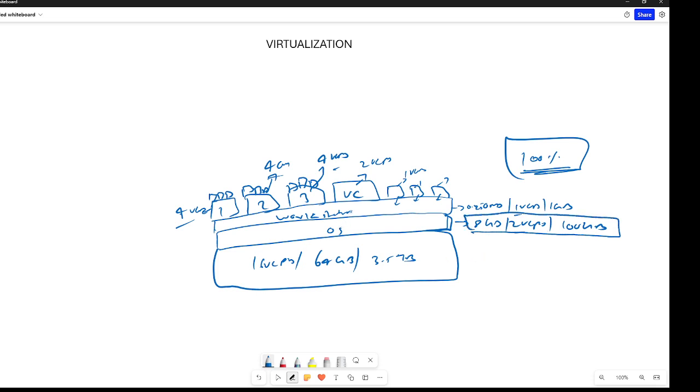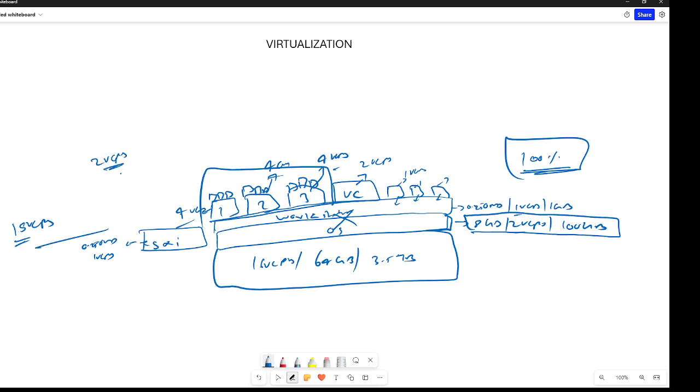So if you just remove these two things and replace them with the ESXi on the bare metal server, ESXi may be only using 250 MB of RAM. That's it. Nothing else. Only one virtual CPU. So that means I already have 15 virtual CPUs. And if I run three, or maybe nine virtual machines, because I have 15 virtual CPUs, in the bare metal I can go ahead and deploy. If each machine needs two virtual CPUs, it means at least I can run seven virtual machines without any problem.